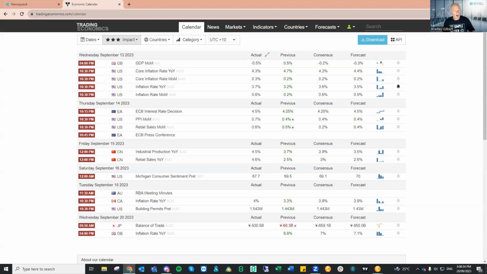Now, don't get me wrong, trading all economic numbers is a recipe for disaster. But even if you're not trading the numbers, you can look at these numbers, get the direction, and see if that lines up with the technical view in the market. If it does, it's going to give you confidence to get into that trade and trade with the market. You can take it to the next level and actually trade these releases aggressively, especially if you have a